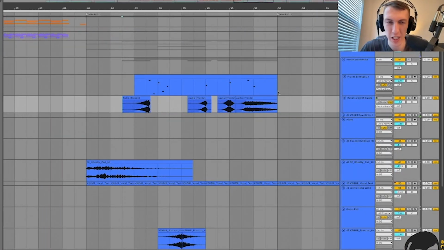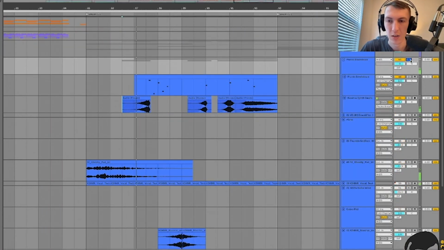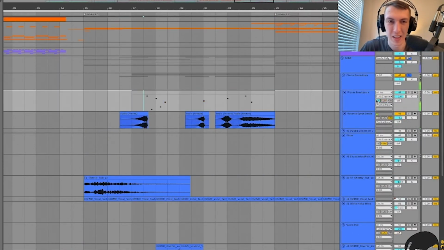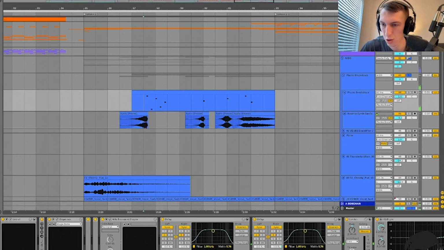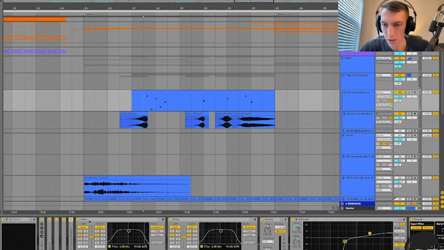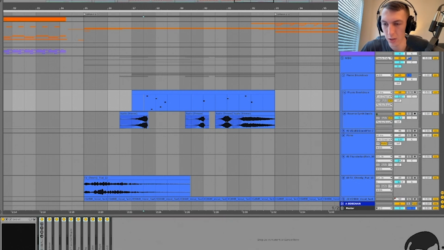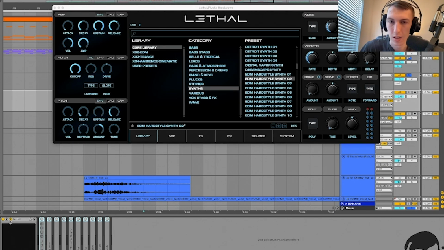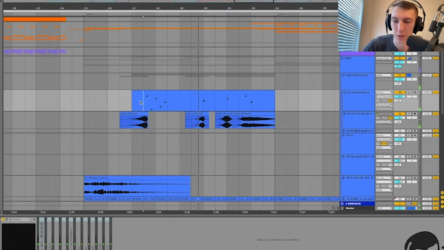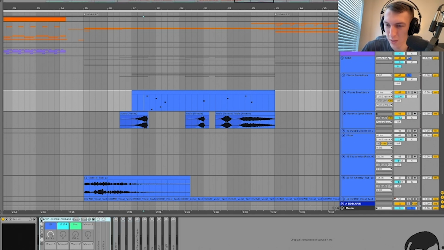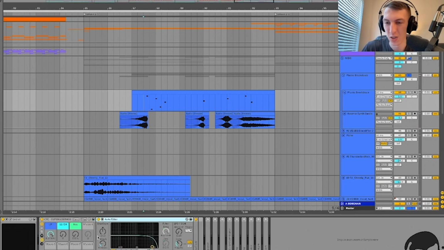That's most of the layers. Once you get into the breakdown, we have this icy pluck sound. And this is out of Lethal. Lots of post-processing to get things wide and airy. So let's go over this real quick. Turn that off. In Lethal, this is EDM Hardstyle Synth number 2. So this has this nice tail to it. It's really airy and glitzy. So here we have super low pass. This is just 2 auto filters